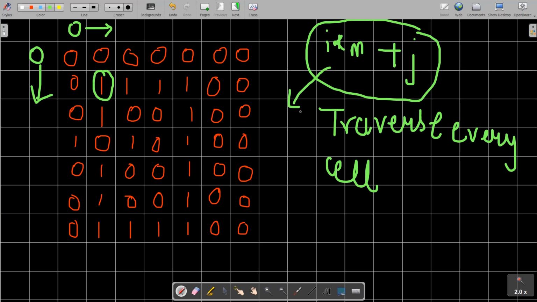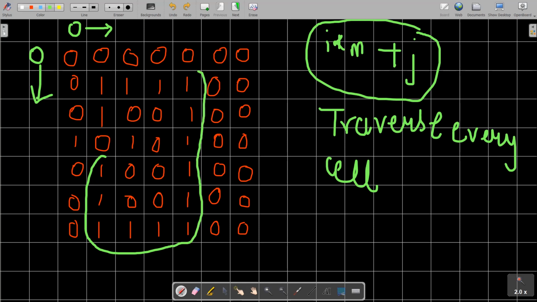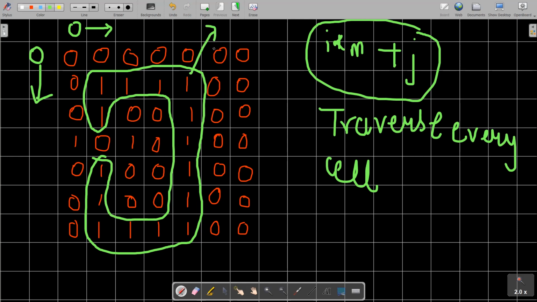If I am able to connect them, I just connect them and change the parent of this connected component. If you are aware of the DSU data structure, you can see that every connected component has a unique parent. Suppose this is one of the connected components that I am seeing over here. This connected component has some unique parent, and we are also going to maintain the size of this connected component. The entire thing is going to be done by the disjoint set union data structure.